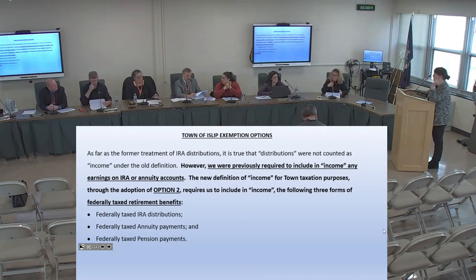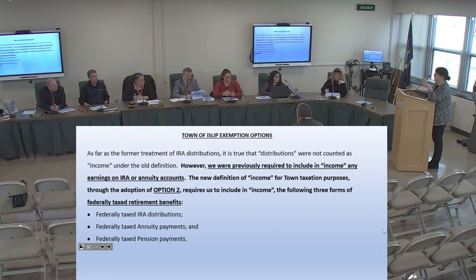What does it mean if the town adopts one of the options and now as a community we adopt a different option? Doesn't the town supersede the community when it comes to filing taxes? It does not. With regard to exemptions, you're a taxing jurisdiction and you have the opportunity to make whatever options you wish.